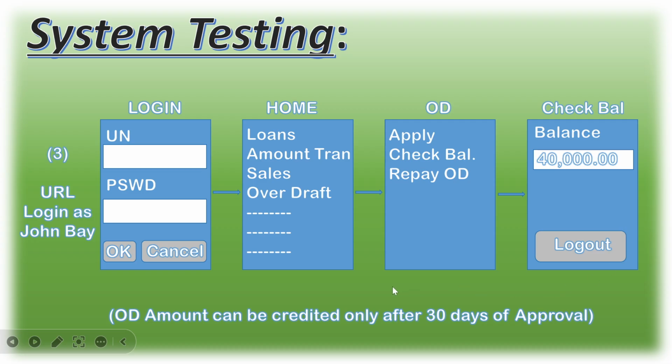But as a test engineer, do you really need to wait for the 30 days to look for this amount? Because as a test engineer, you need to test everything in a quick manner, right? So in that case, you can use your SQL queries. You can go to your database and you can update the date